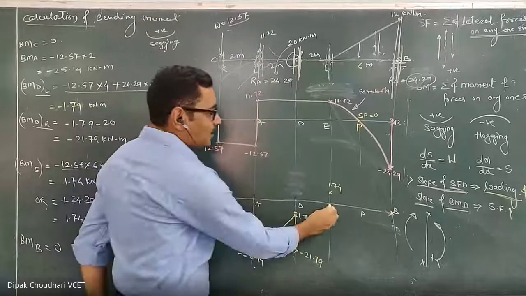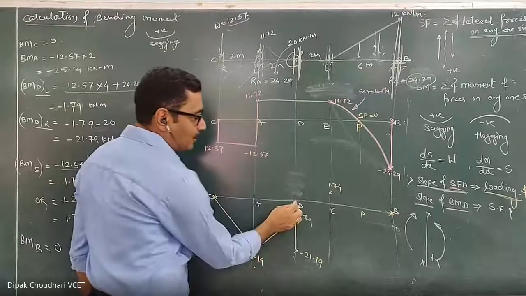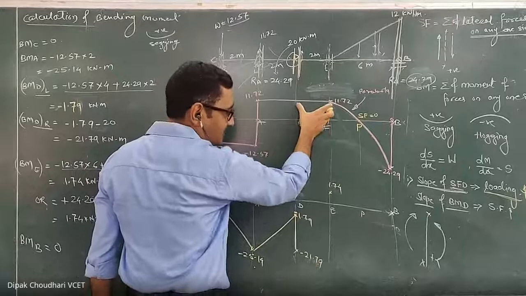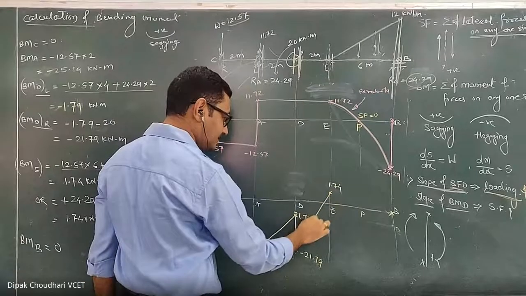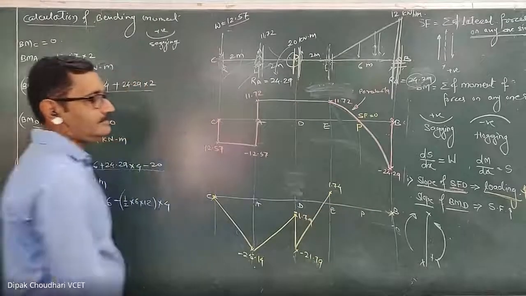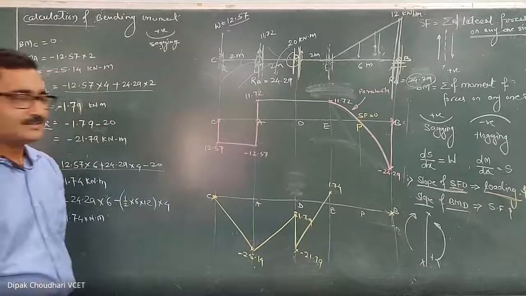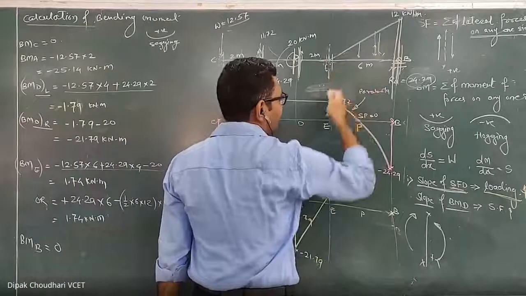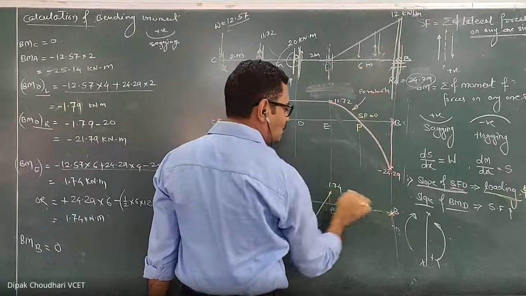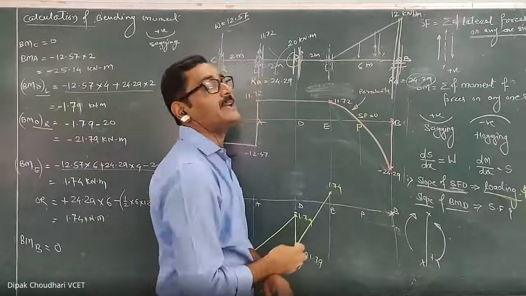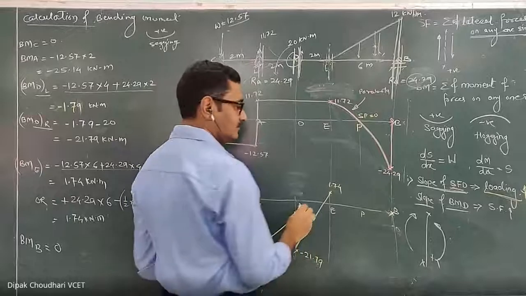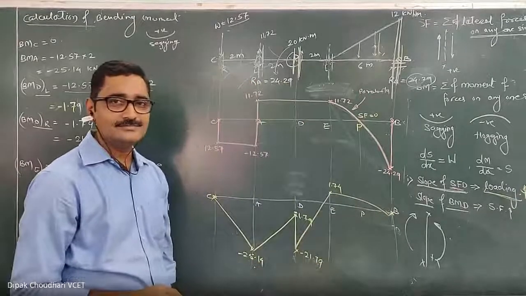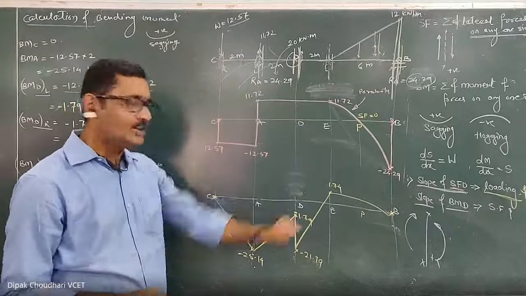Okay, then at point E the bending moment is 1.74. Now from D to E there is no load. The shear force diagram is a horizontal straight line, so this will be the inclined straight line. Understood? And from E to B there is a UVL. This will be the parabola. So these two points we have to join by the cubic curve. Clear? So don't join it directly like this. Join by the cubic curve, approximately, but not like that.